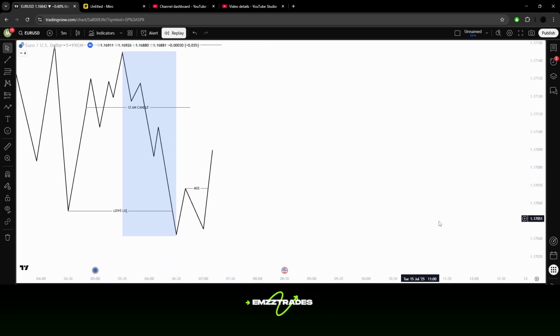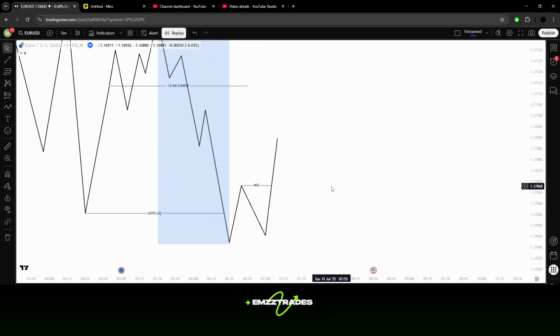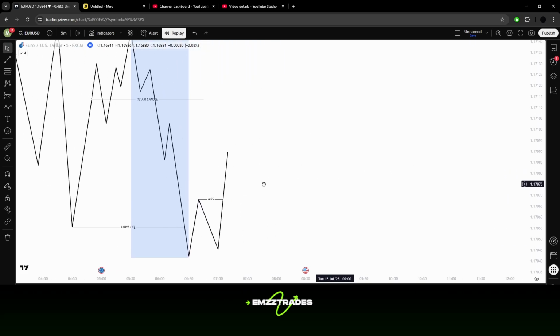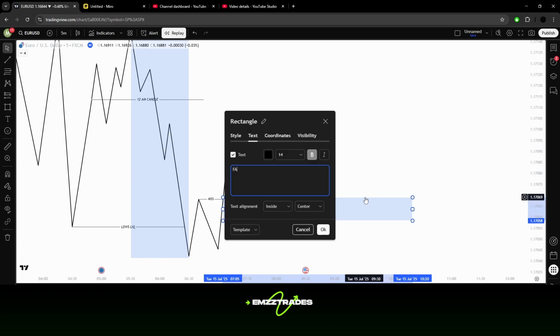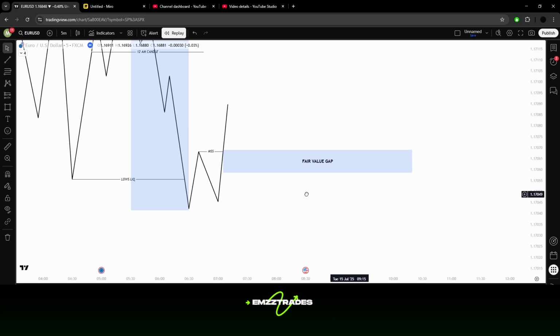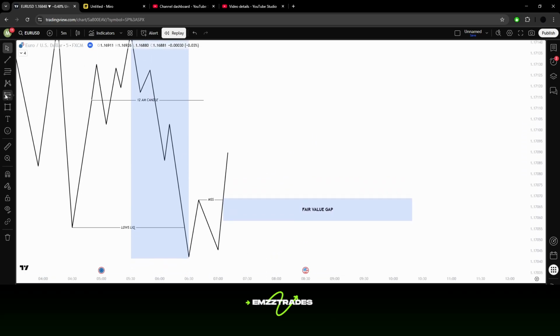But once you actually do this, what you need to do now is become very, very careful, okay? Because now what we're looking for is the fair value gap. So I'm going to overlap it with the market shift a little bit. This could be the fair value gap. And as soon as I do overlap it and have the fair value gap ready on lockdown,